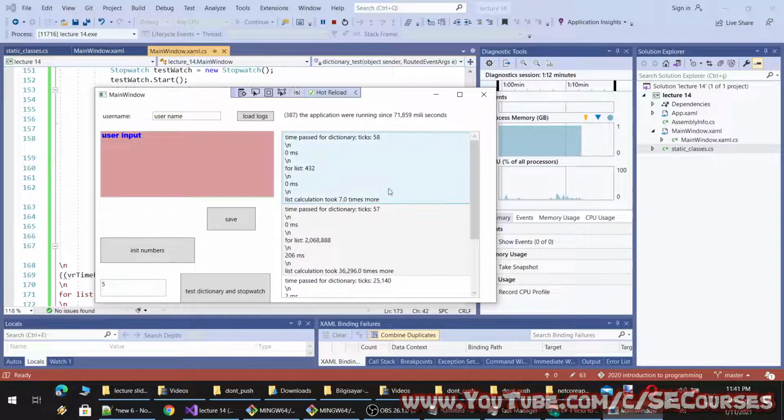If it is at the beginning of the list, it only took 7 times more. If it is at the very beginning, it is only 7 times faster. But if it is close to the very end of the list, it is taking 15,000 times more time. Or 40,000. If it is not in the list, the time difference decreases because the dictionary checks all the keys and says, oh, this does not exist.